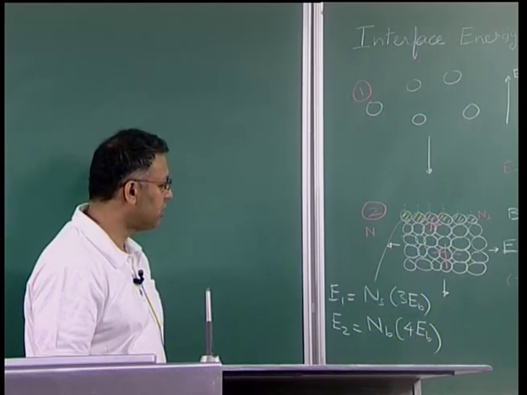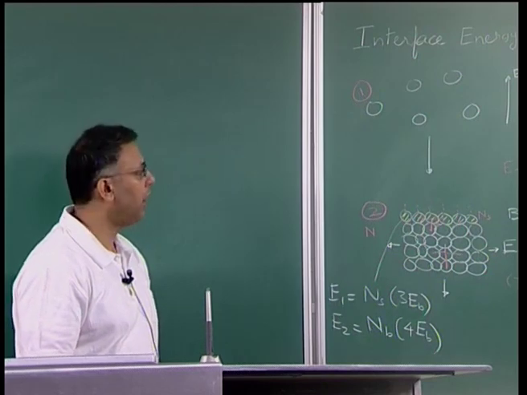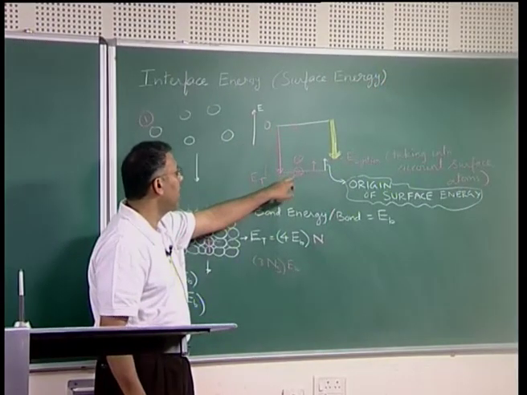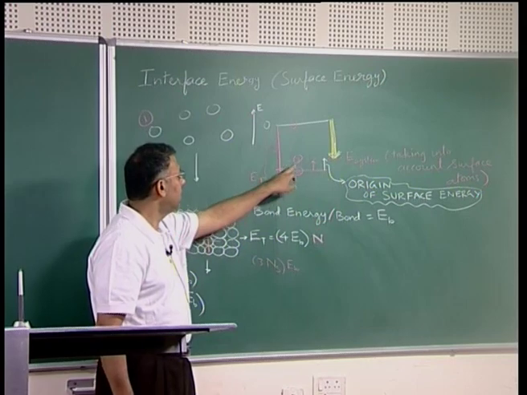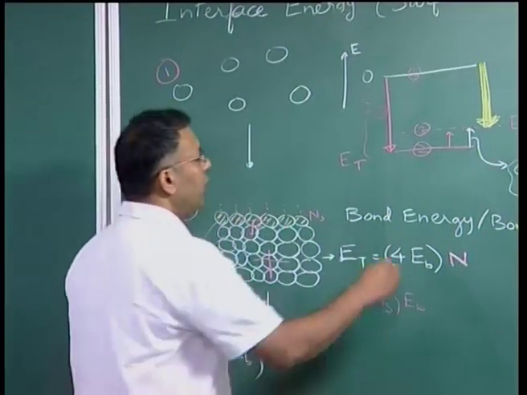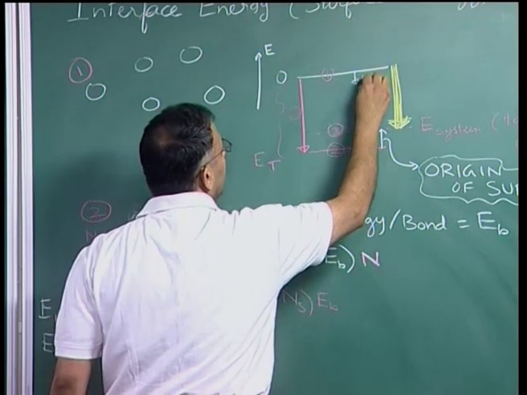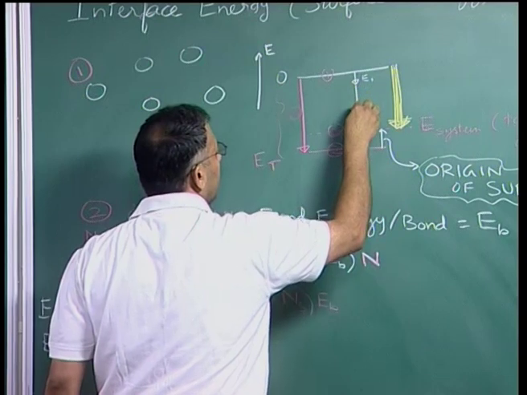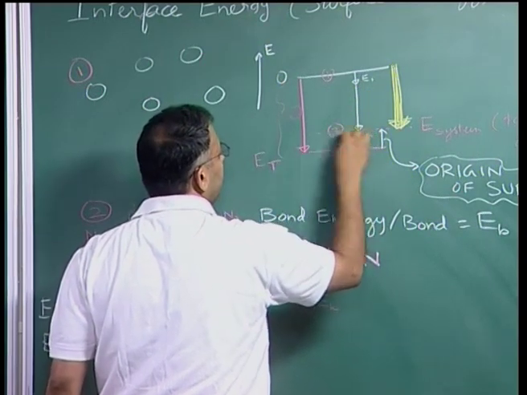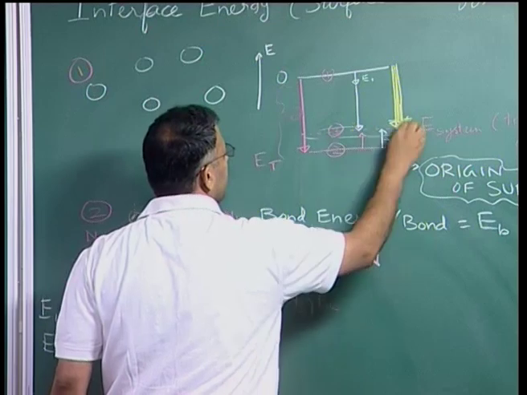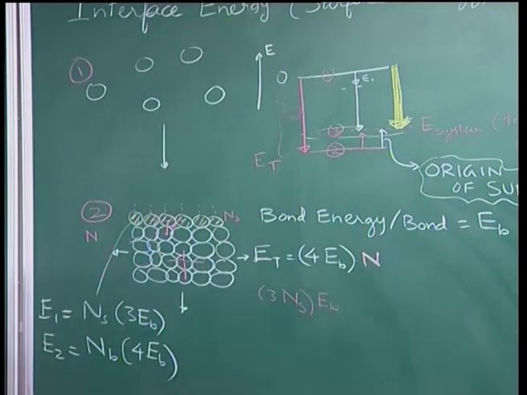That means that I consider my bulk atoms separate from the surface atoms. I do not start from 1 and land up in 2, but I land up at step 3 in 2 stages. That means, I first lower for my surface atoms, which is a little small lowering E1, then I lower for my bulk atoms, and finally land up in the final state, which is the state I am interested in. So, in 2 stages I can lower, and in this case of course, the mystery of the surface energy would vanish. So, this is something which we need to understand, but this illustration should not confuse you, because